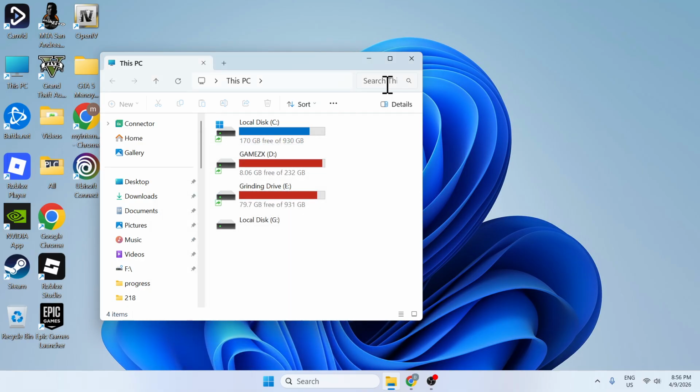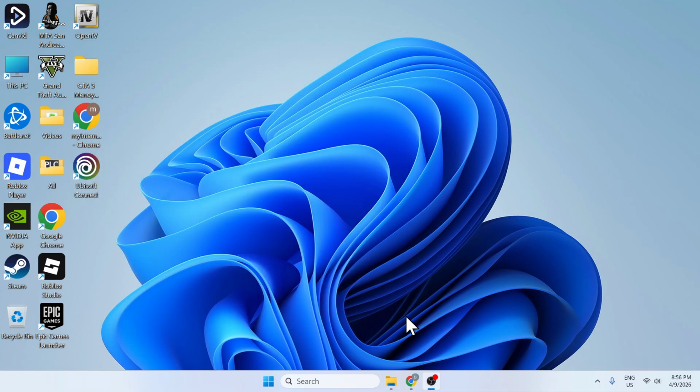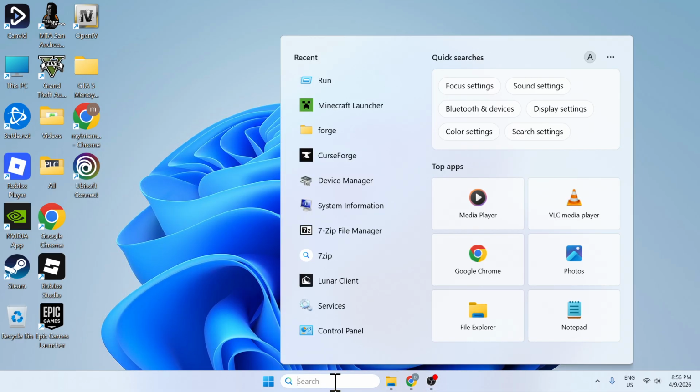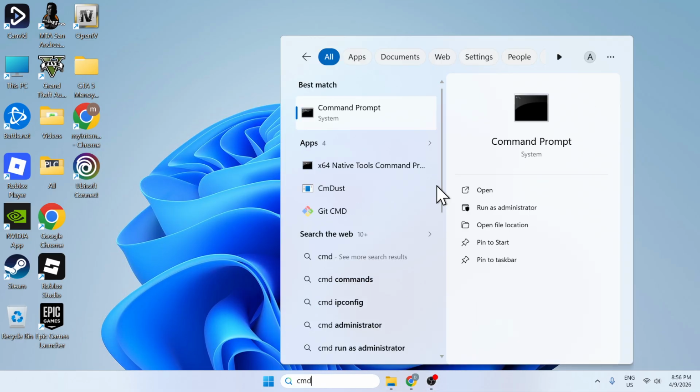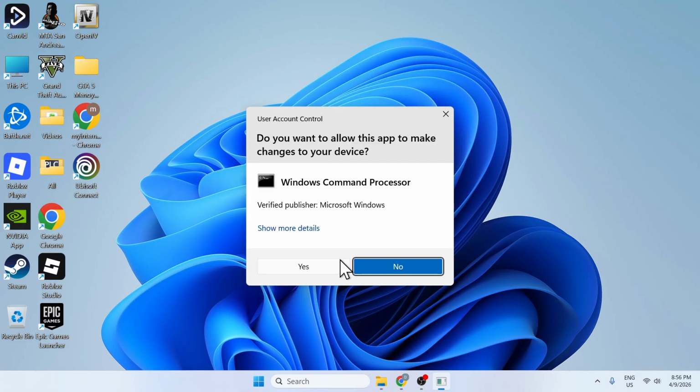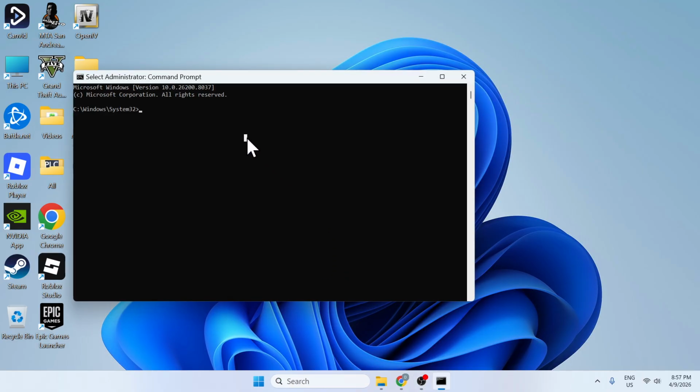After this, you should make sure that you restart your computer and see if this fixes your issue. If you're still having errors, try to go to CMD, right click, run as administrator, click yes. Type in sfc /scannow and press enter. So this will load and scan your computer. So wait for it for a few minutes, and once it's done, now you want to run the second command,